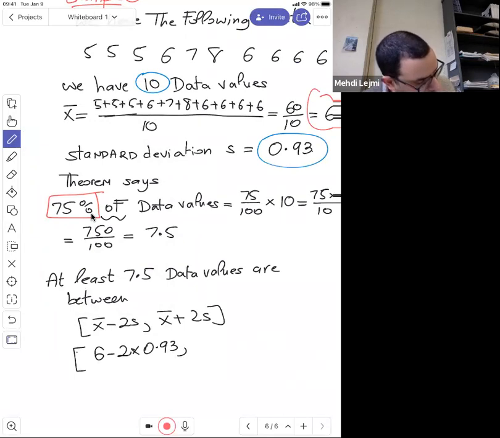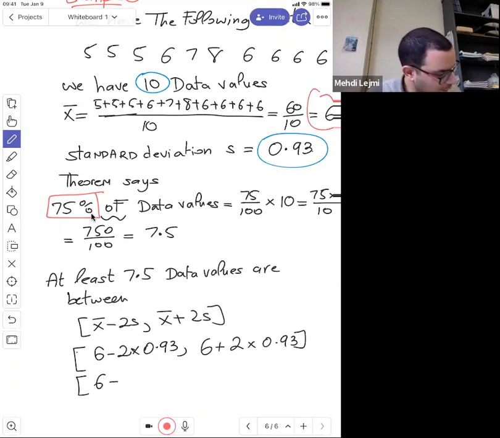This is interval notation, the interval from x bar minus 2s to x bar plus 2s. So 6 plus 2 times 0.93. So 6 minus, and 2 times 0.93 is